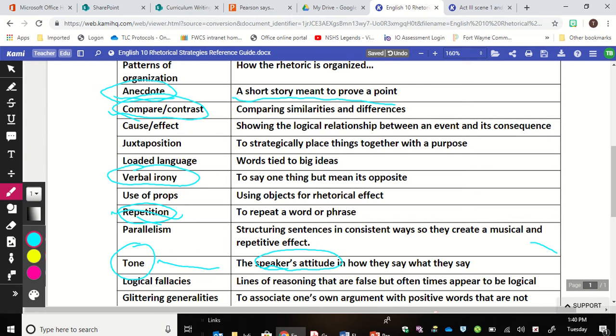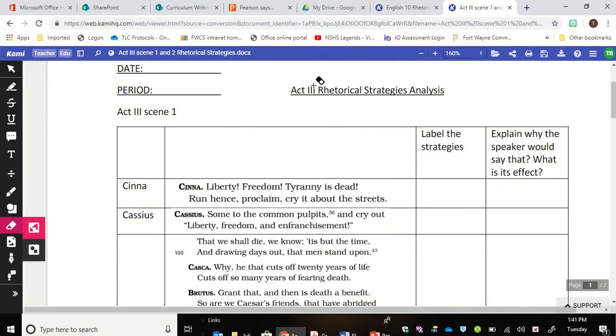Another tone word that could be used to describe Mark Antony's speech in different parts of the story is, I would say, sad and angry. He speaks in sad and angry tones throughout his speech as well, which appeals to his audience. When he says something to the effect of, "My heart is in the coffin there with Caesar, and I must pause till it come back to me," at that point, his tone is somebody who's either enraged and sad and is crying at the loss of his dear friend. So those are some examples of the terms that have occurred so far and things that you can look forward to again as you reread, do your close reading of the speech. But that takes me to another part then.